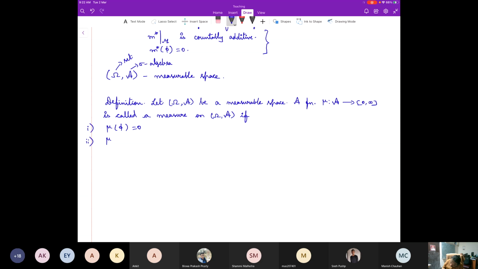Second thing, mu of union over n in N, En should be same as summation over n in N, mu of En, for any countable pairwise disjoint family